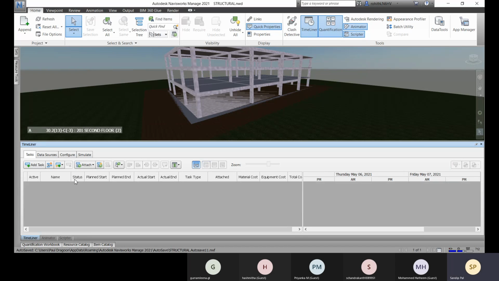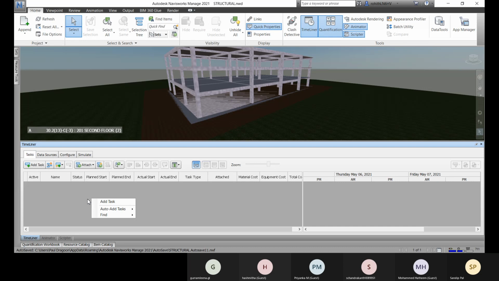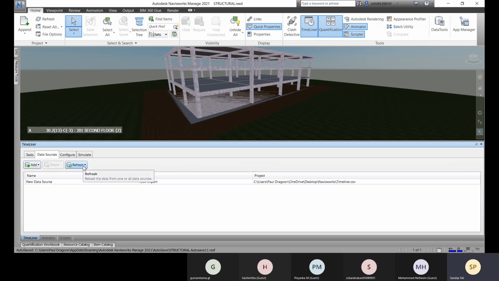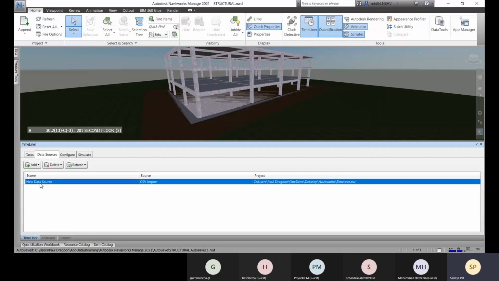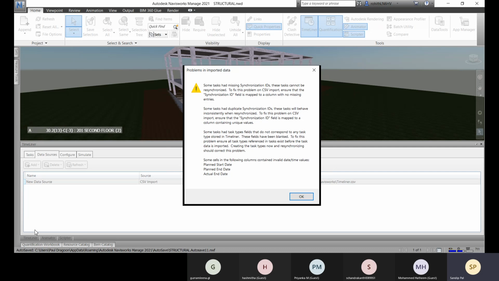Okay, so let me go for it. And here you have to go with the selected data source. And here, let me import all these tasks there. Let me import the task. So let's click on OK.